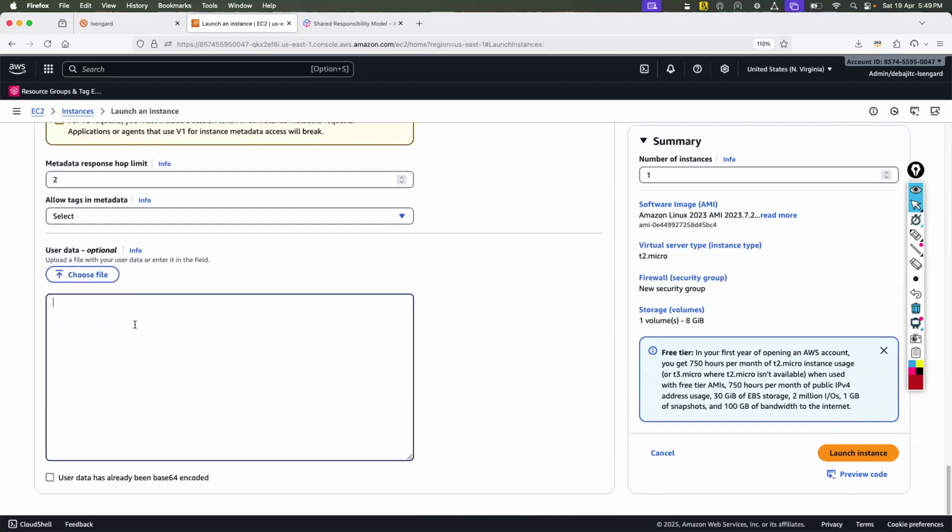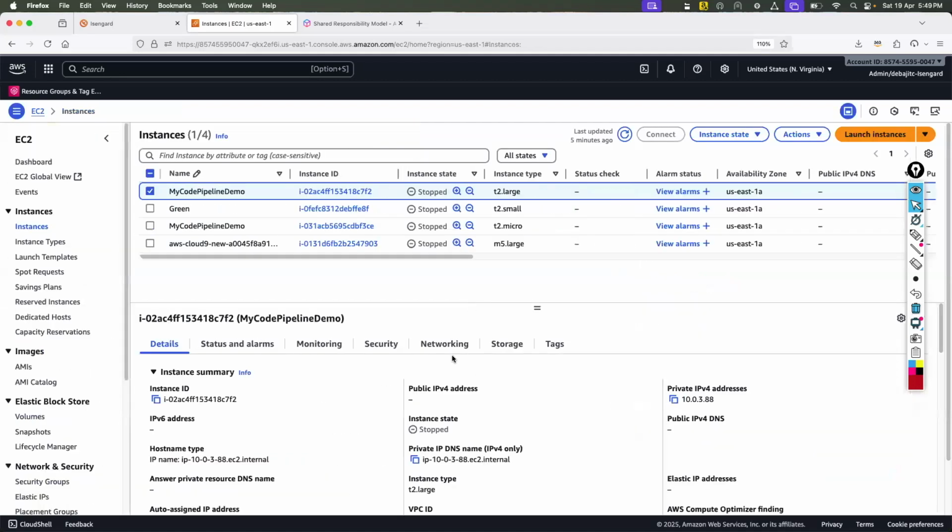Here you can see the option called user data, the same user data we have just seen. If you are a developer or a DevOps person, you can upload code from your local computer, like bash shell or PowerShell, so that this script will run during the server creation process. Clear? Okay.